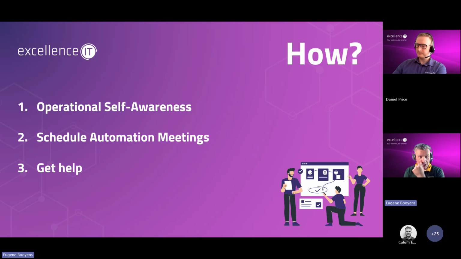The second point I have on here is to schedule automation meetings. If you don't know where to start, just book in a meeting once a month, or once every 2 months, with a group of people within your management team, to just ask the question, where are we wasting time? Where are we spending a lot of time capturing data that it can be made a lot easier? And you'll very quickly draw up a list that can then be prioritized in terms of how much value it would give you. And then you can look to either develop those systems yourself, or you can involve us to assist you with that.